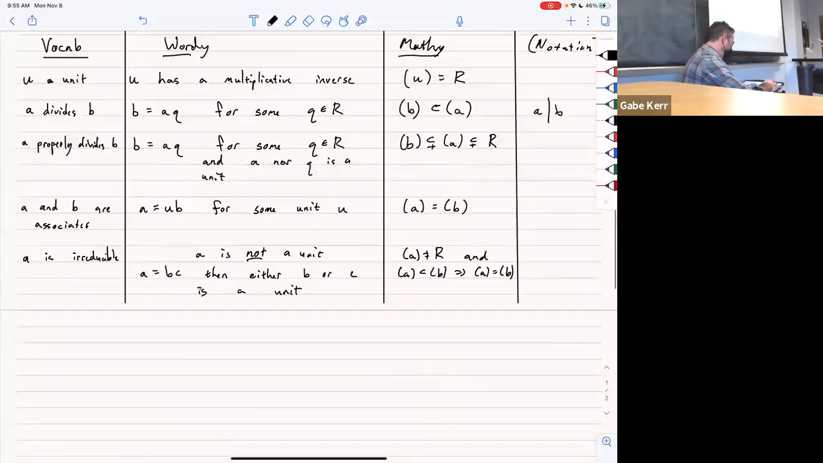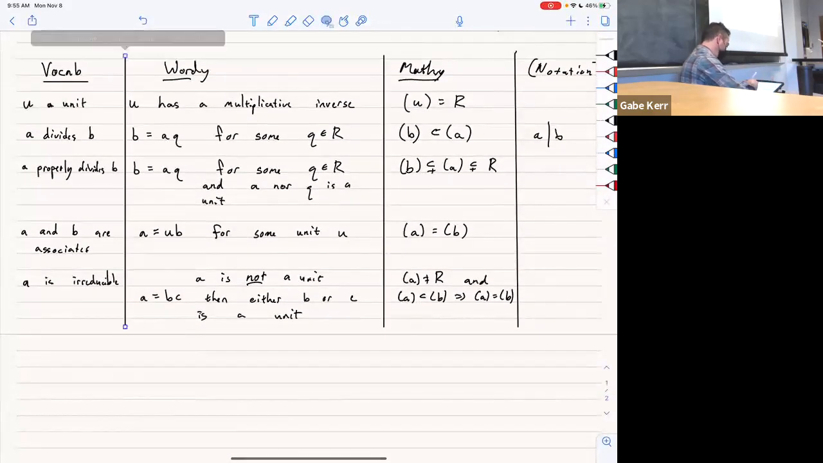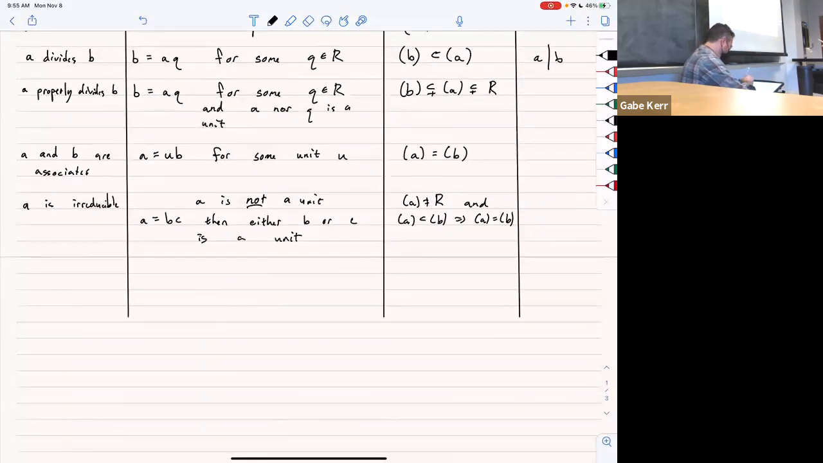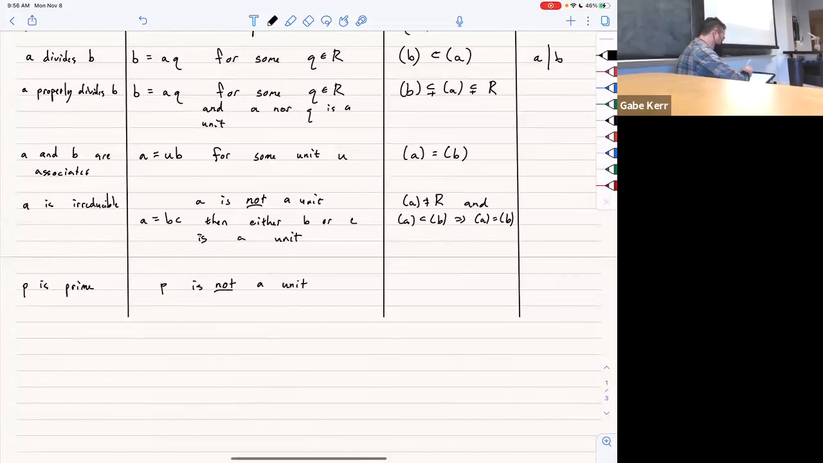And then finally, we are going to define the notion of a prime. So P is prime. This means, again, P is not a unit, and if P divides AB,